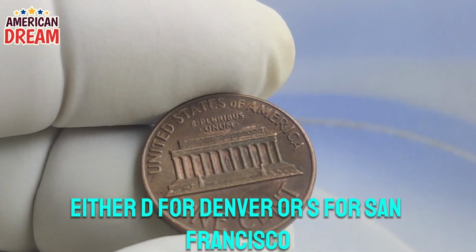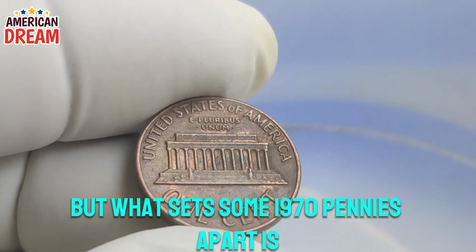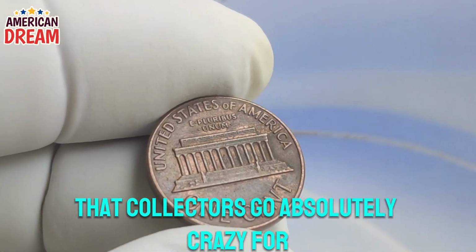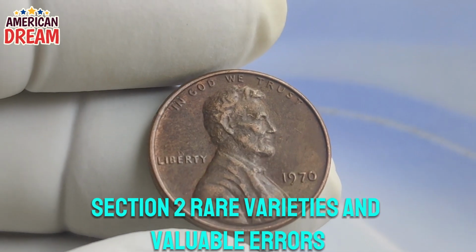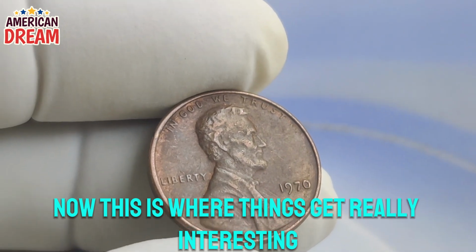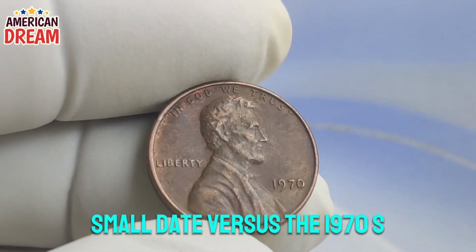Fast forward to 1970, and the U.S. Mint produced millions of these coins during a time of cultural and political change in America. While many coins from this era were produced in high quantities, certain versions of the 1970 penny stand out for their rarity and value. The coin features the bust of Abraham Lincoln facing right, the word Liberty to the left,